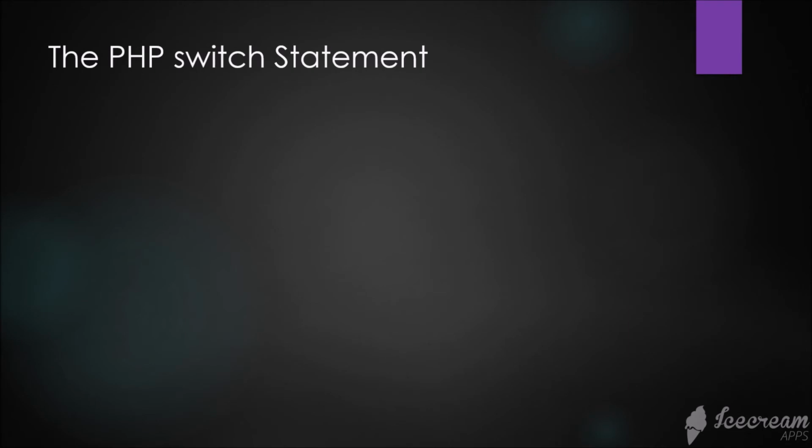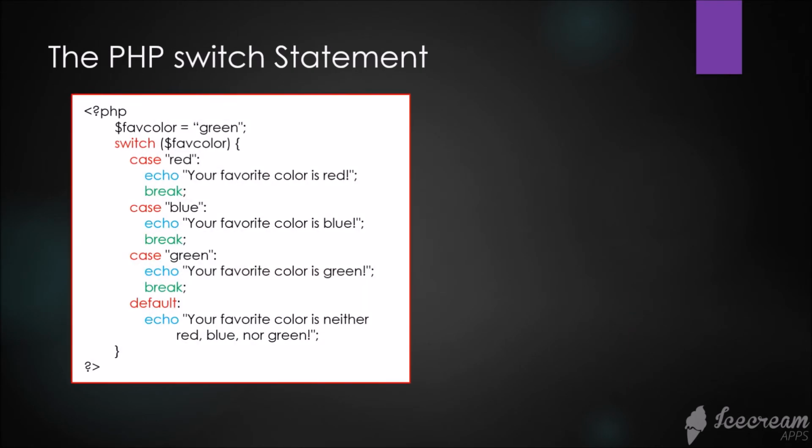Okay, now let's try to have our example. So we have here yung sample code natin. So we try to declare here yung fav color having a value of green. Then we have here yung switch statement natin. So meron tayong tatlong case. Then we have red, blue, and green. And also yung default statement. Okay? So now let's try to simulate our